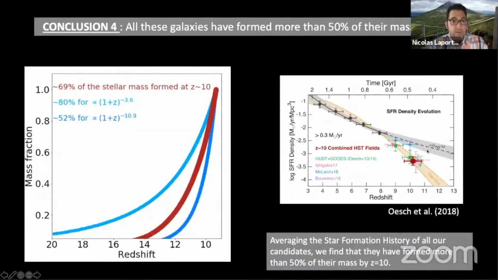And the last conclusion from this work is when you try to study the evolution of the mass fraction as a function of redshift, to try to distinguish between the two evolutions in the debate about the star formation rate density. Do we have a smooth decline or do we have a rapid decline of the star formation rate density? Of course, this will give you different evolution for the mass fraction. And as you can see here, the red curves there, we are, let's say, more consistent with the rapid decline.